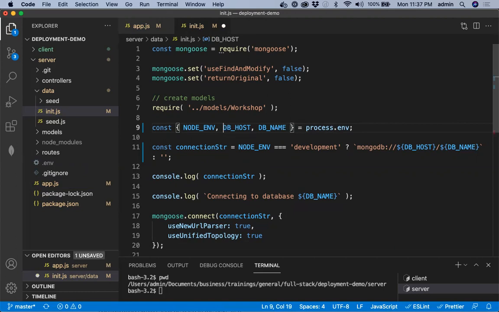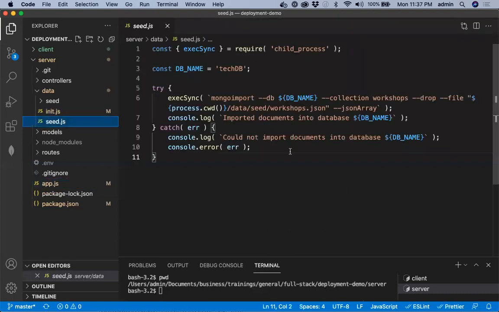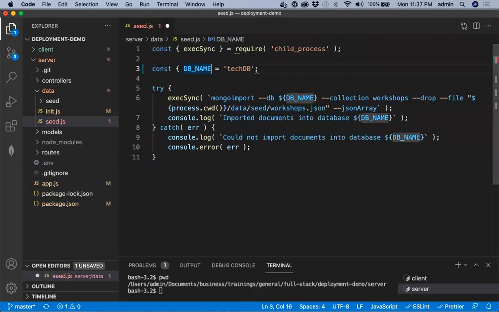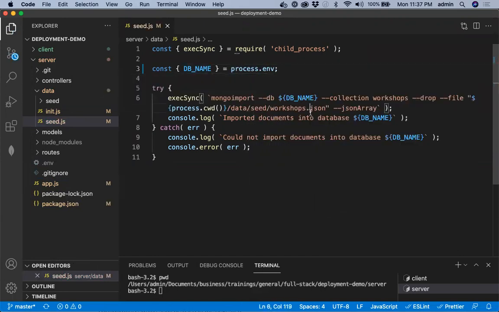That's fine. I think that's good. We can also set up seed.js, and this too we can read off process.env now. This seems fine.